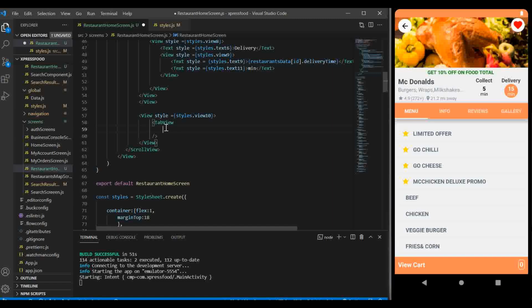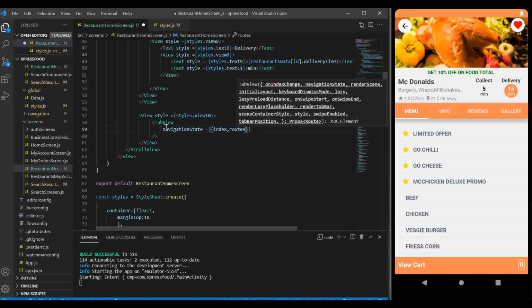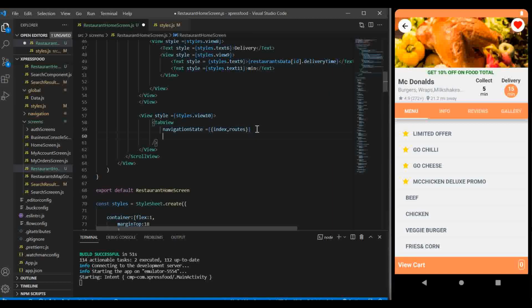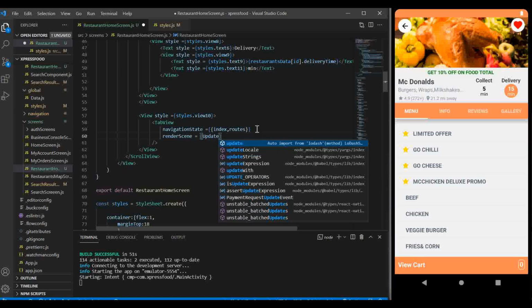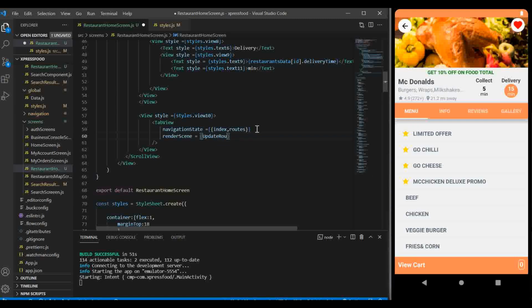The first one is navigationState. We pass index to it as well as the routes. Gonna pass another prop which is called renderScene, and we're gonna have to pass a function to it. The function we're gonna call it updateRoute1,